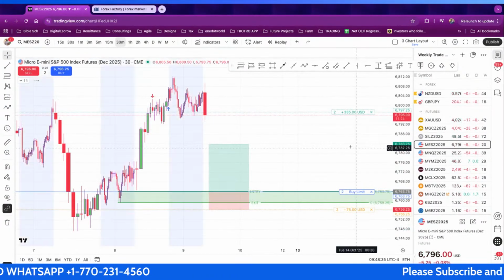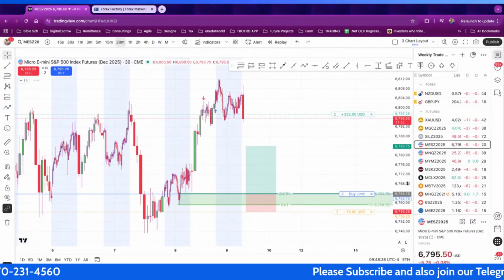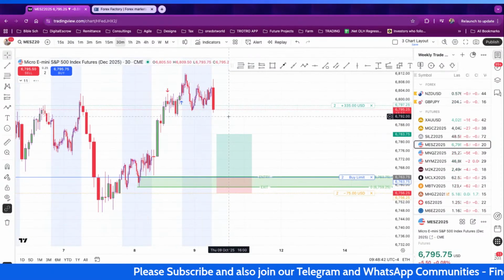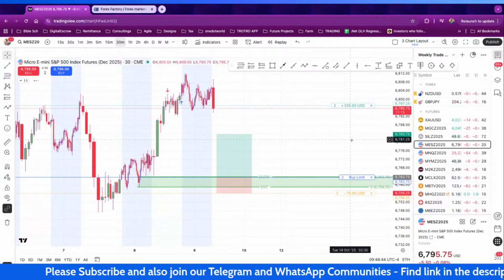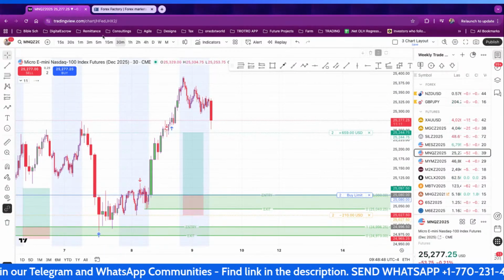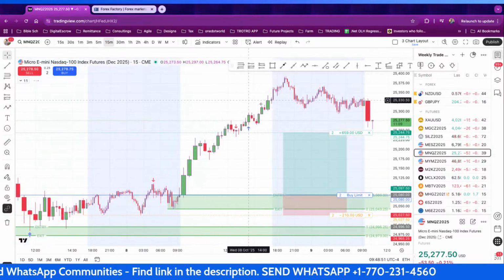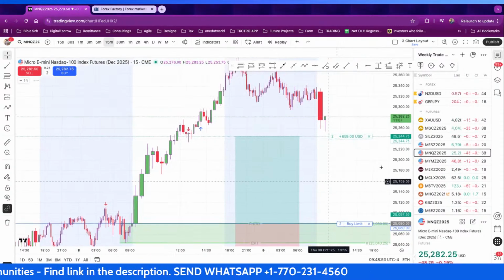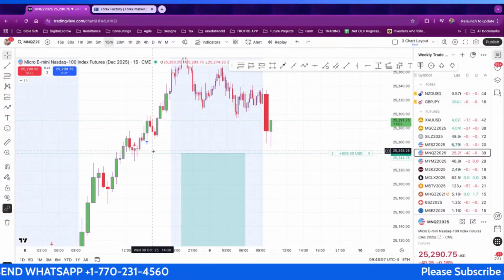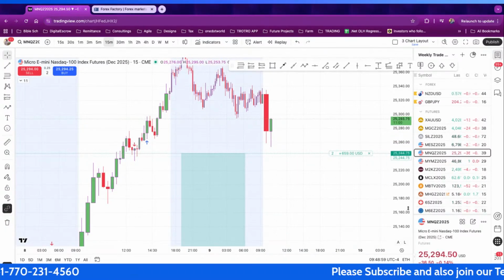All right, let's take a look at MES and look at what MES is doing. That is the S&P. Basically doing nothing. I don't see it beginning to drop. I see that drop coming over here. The MNQ as well, let's see what that is doing. It looks like it came down to the lower time frame demand zone over here, and then picked up some, trying to push up, but it's not strong enough.